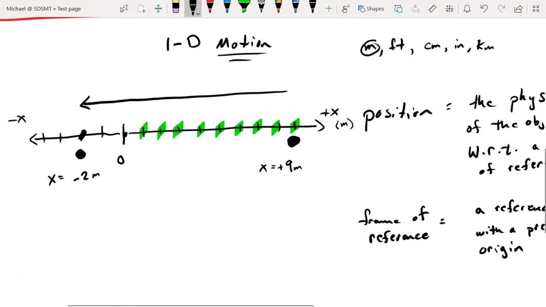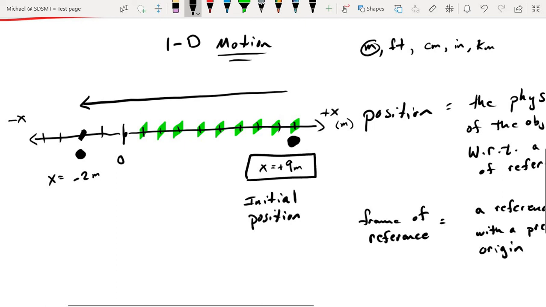And here's where things are going to get confusing really quick. You'll notice that I've labeled both of these values as x. Well, I can't have this particle existing at 2 locations at the same time. So what we need to do is specify which of these locations did we start at and which location did we end at. And so we're going to expand upon the definition of position. Right here we have what we call the initial position of the object.